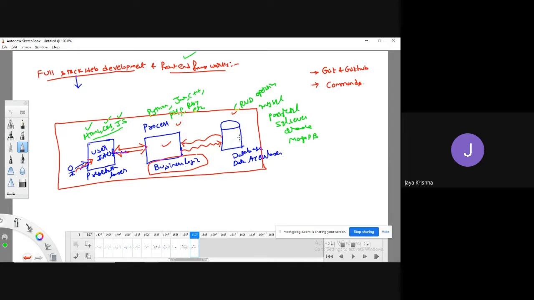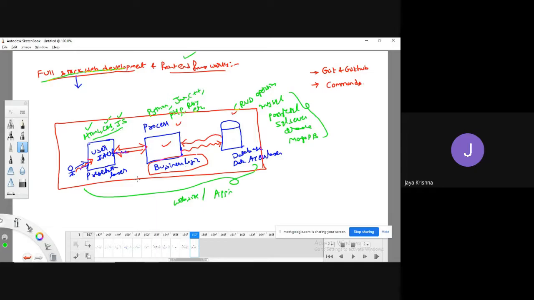Here, the concept of full stack development is trying to learn thoroughly about all these things. We can call it full stack web development, meaning that in order to develop any kind of website or application, we require all these languages. For example, in the user interface, we require these three. In business logic, we require any one language, and in the database, we require any one language. So learning all these three is called full stack web development.